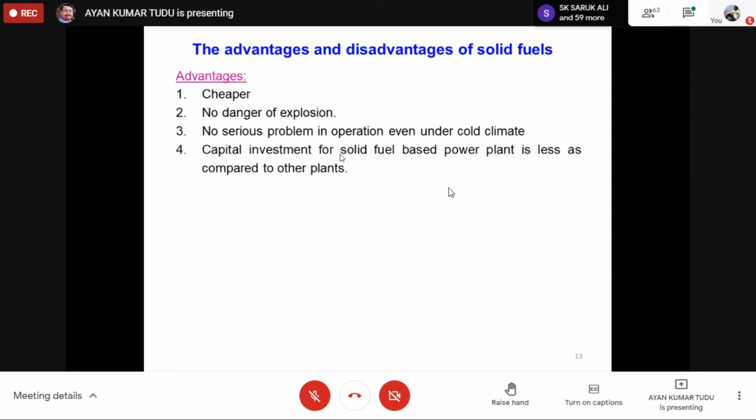So, what are the advantages and disadvantages of the solid fuel? As you can see, advantages: it is very cheap, no danger of explosion, no serious problem in operation even under cold climate. Capital investment for a solid fuel-based power plant is less as compared to other plants, because as you can understand, capital investment for a solid fuel based power plant is less as compared to the other plants. Basically we are talking in comparison to our nuclear energy. Okay, because nuclear energy